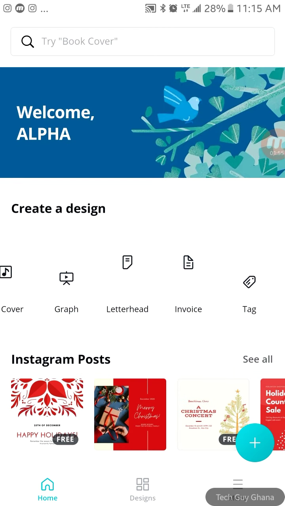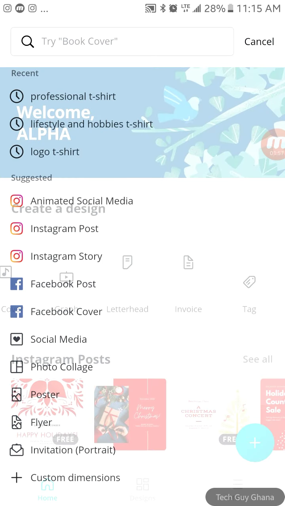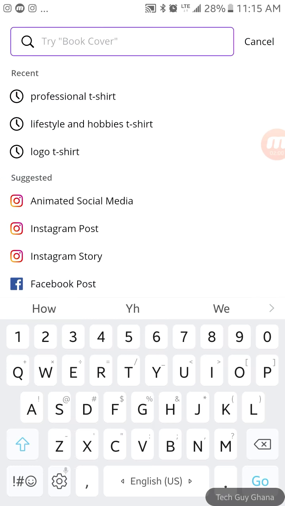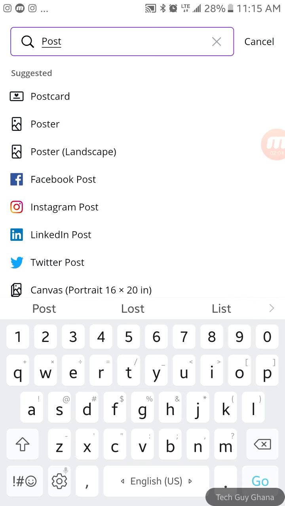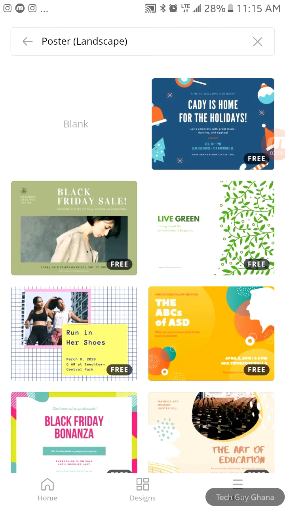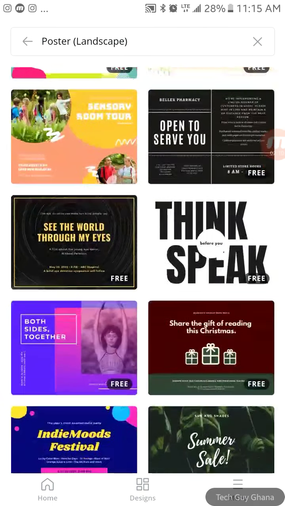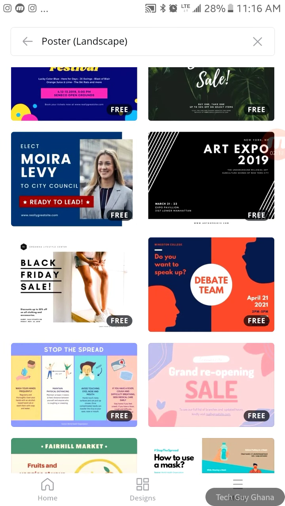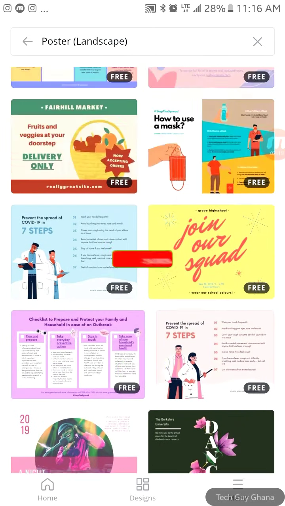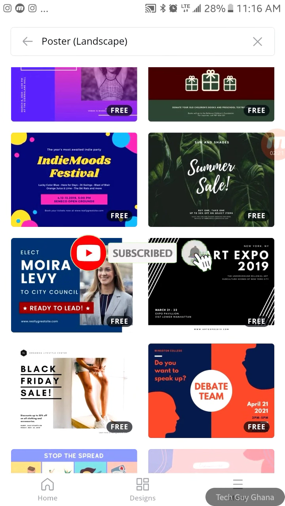So let's say we want to design a poster. You just have to click on the search and let's search a poster landscape. In here you realize there's a lot of templates. You have to choose the one which will be suitable for you.